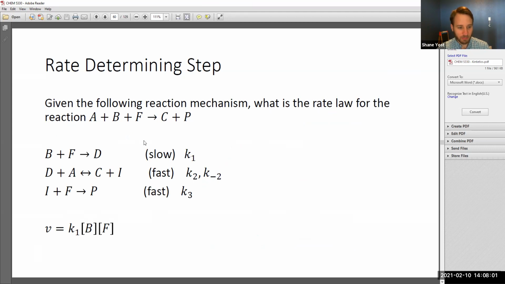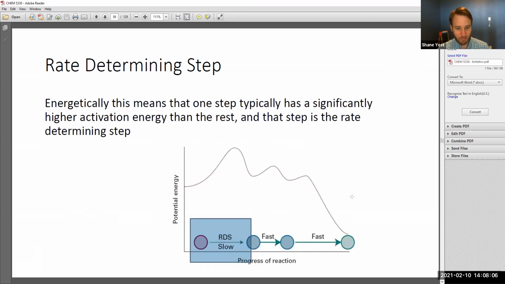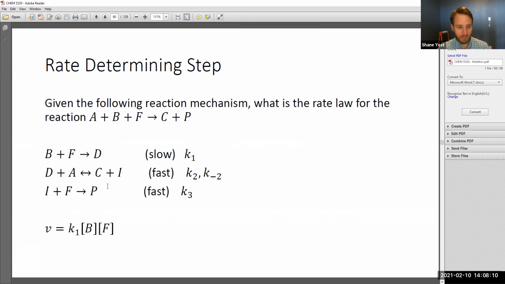So if I had this mechanism, say for this reaction here, with this energy profile, and I say that first step is the slow step, well, given the fact that the first step is the slow step, and this is an elementary step,